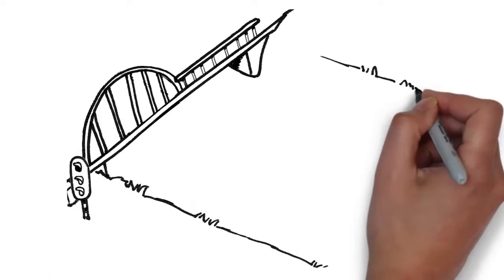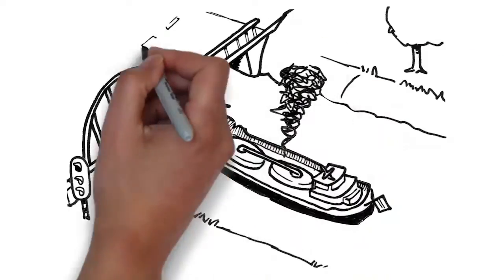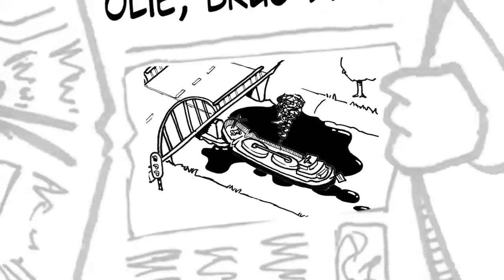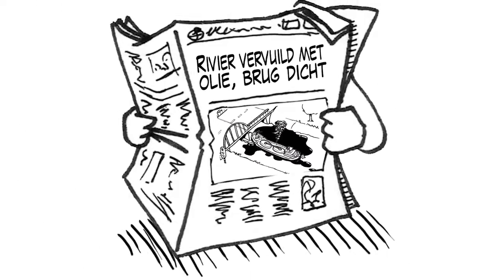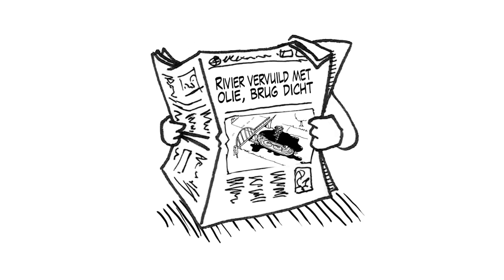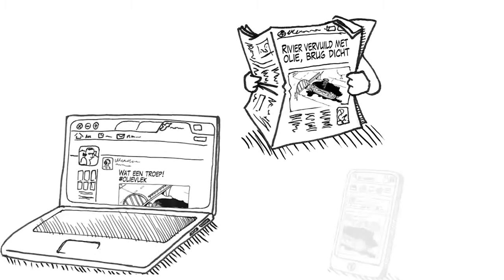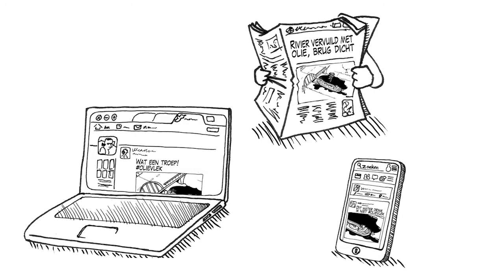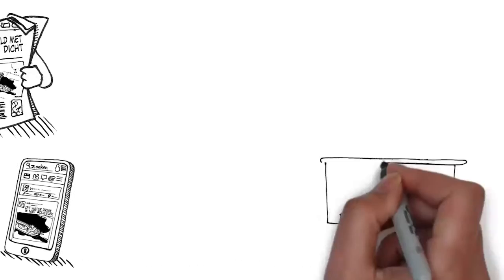When crises arise, it's our aim to provide citizens with good information. In this case, we release press statements and use social media platforms like Facebook and Twitter to let people know whether they should make a detour or to let farmers know whether the water is still safe to use. We also use social media to get a better picture of the situation and monitor reactions to the accident.